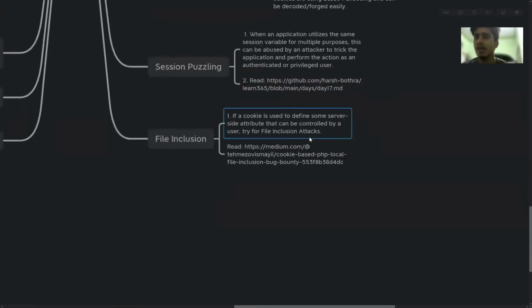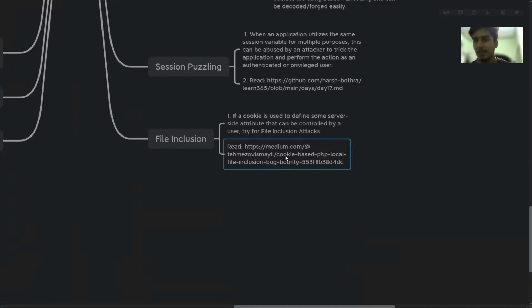Now, this was really surprising to me when I was reading this particular blog by this guy: cookies can also be used to perform file inclusion. A lot of times, applications use cookies to call files from the local system. Let's say welcome.php is a banner file which is called by the application using cookies. What if I try to say ../etc/passwd, or ../footer.php or something like that? If I'm able to access that, this is a file inclusion.